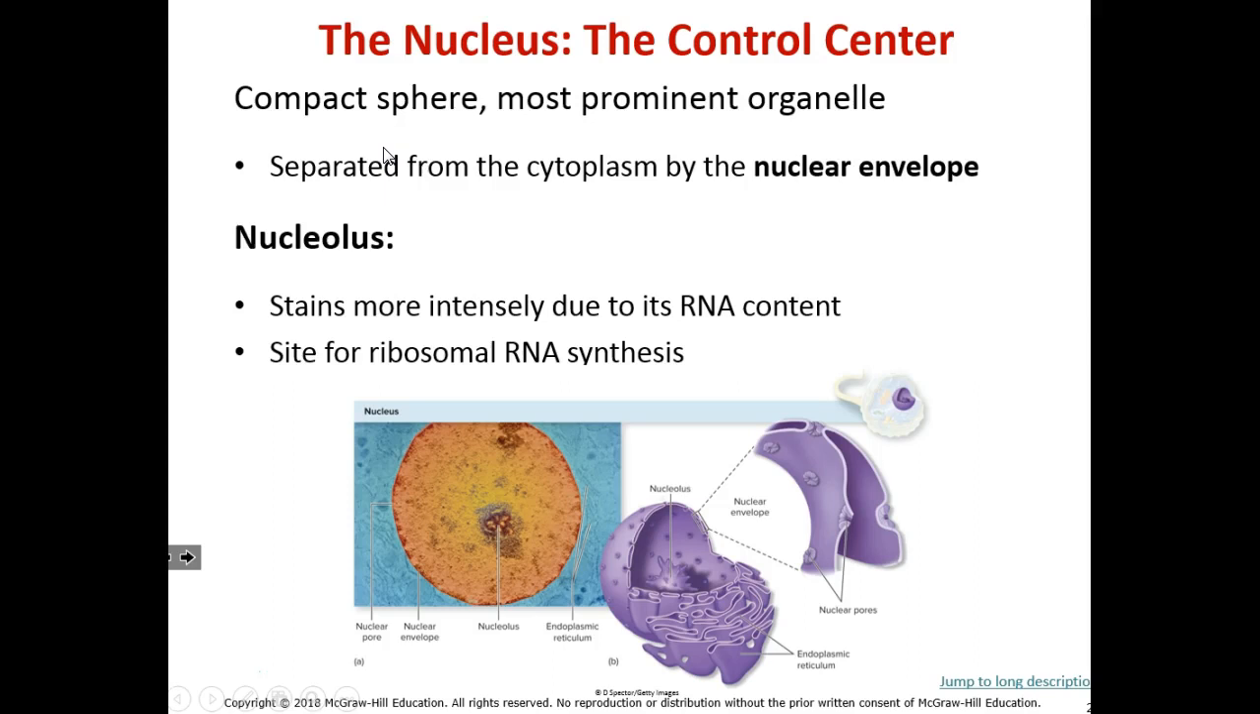The nucleus, it's the control center. It's a compact sphere and it is the most prominent organelle. The nucleus is separated from the cytoplasm by the what? The nuclear envelope. The nucleolus stains more intensely due to its RNA content, and it's the site of ribosomal RNA synthesis. RNA stands for,